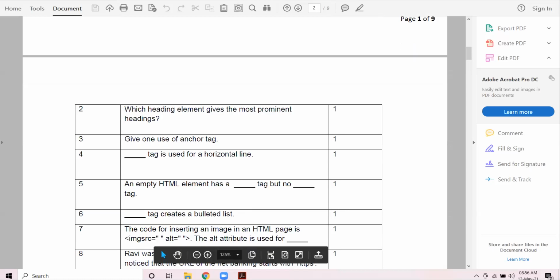Okay, this question is for Kritika. Unmute yourself. Yes, sir. An empty HTML element has a opening tag but not closing tag. All right, this question is for Ankita. Unmute yourself. Yes, sir. Dash tag creates a bulleted list. UL tag.